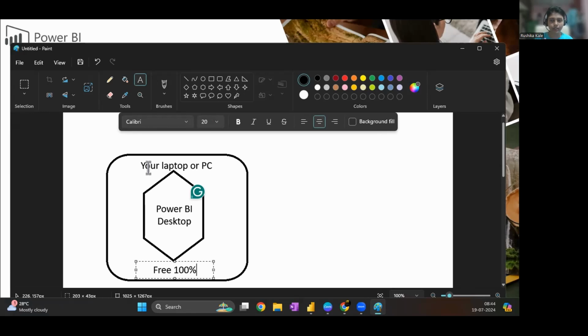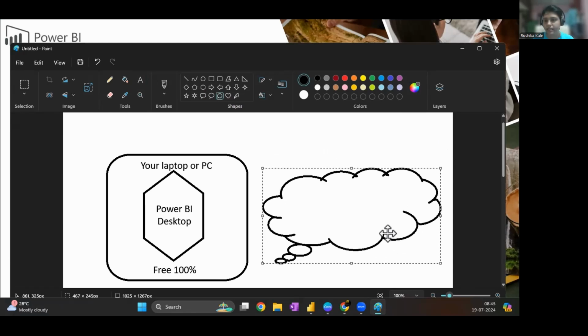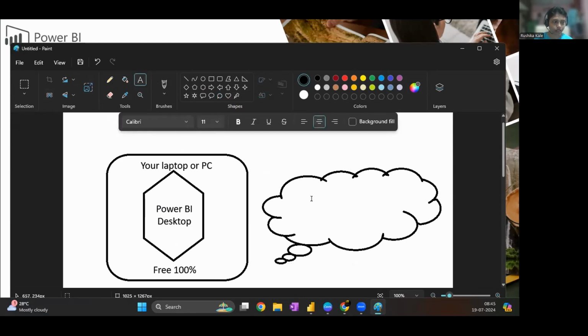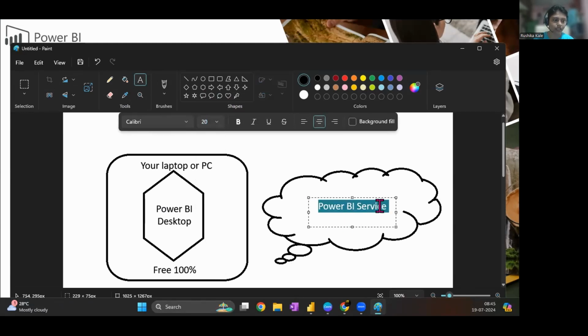Okay, there are two different elements about Power BI. One is Power BI desktop, and the second one is cloud. And cloud represents online platforms or something which is on the internet. So there is Power BI desktop, which is in your local system, and there is the second element, which is Power BI service. Power BI service is the platform which is always going to be on the cloud.